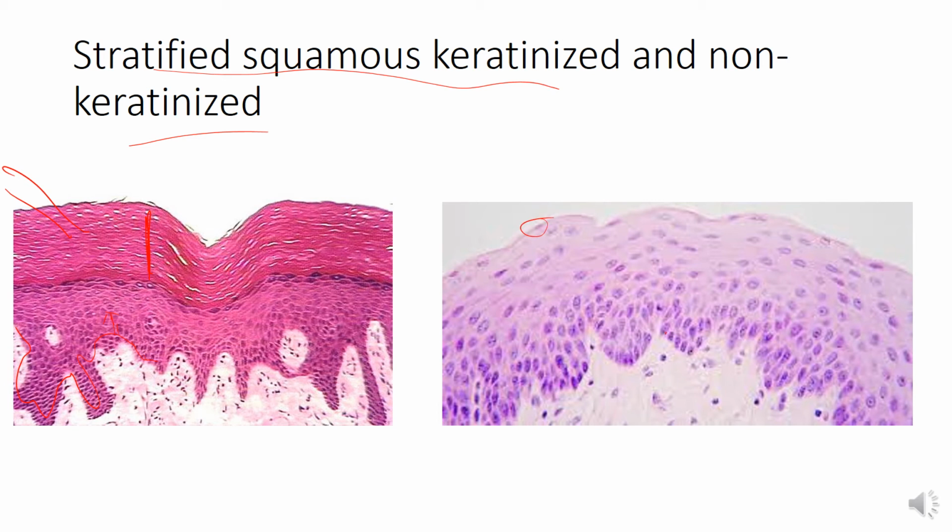And this kind of epithelium, non-keratinized epithelium, is present in the oral cavity, in the esophagus, and in the lower part of the anal canal, as well as the lining of the vagina. So this epithelium is usually present in moist places. The oral cavity, esophagus, anal canal, and the vagina are moist structures. And here again their function is to prevent abrasion.